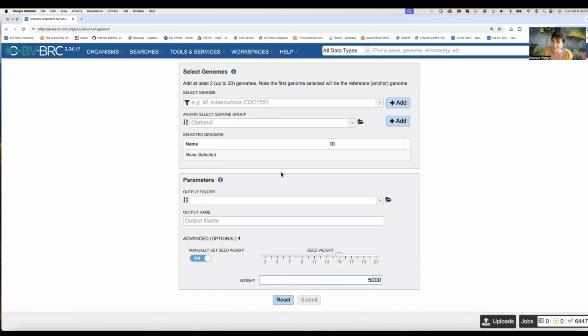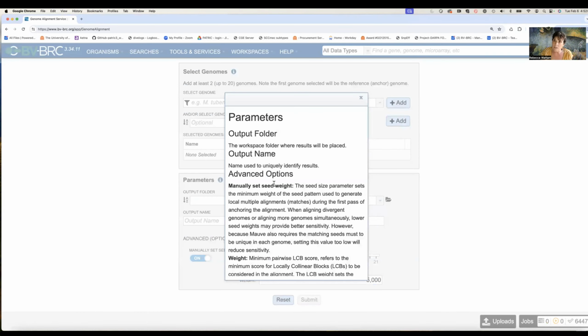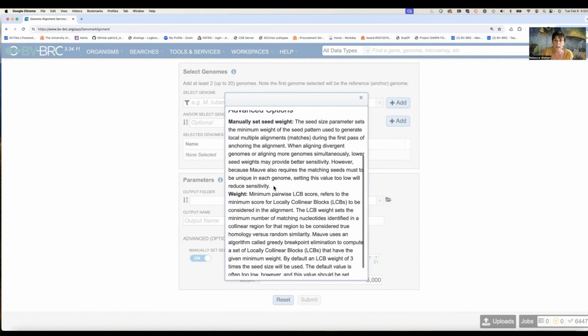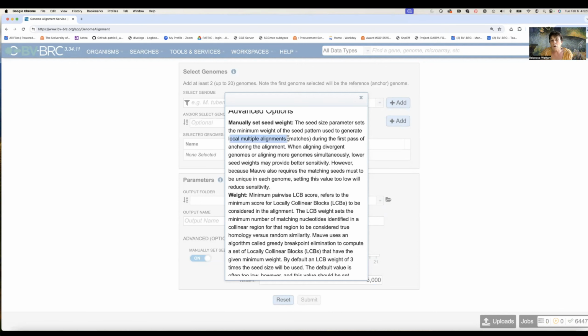But you may be asking yourself, what do those things mean? I don't understand. Well, you see this little I button here? Let's click on that. And that gives you a description of the parameters. So the seed weight. The seed weight is used to generate local multiple alignments or passes during the first pass of anchoring the genome. And it says when aligning divergent genomes or more genomes simultaneously, lower seed weights may provide